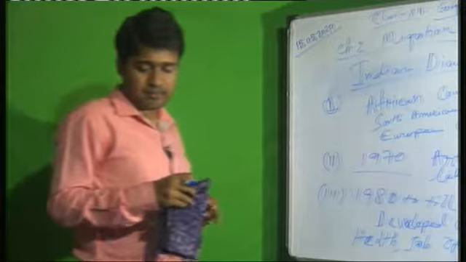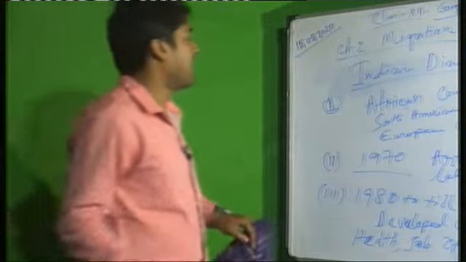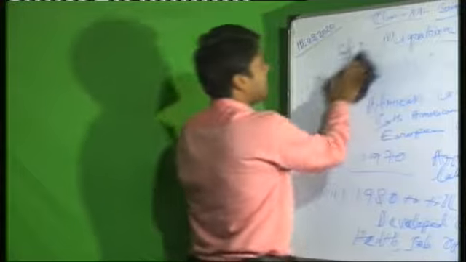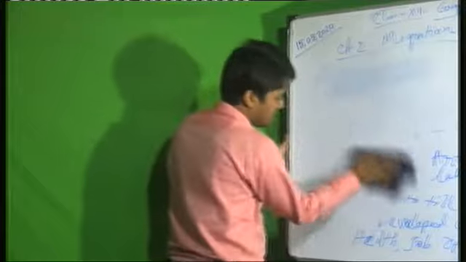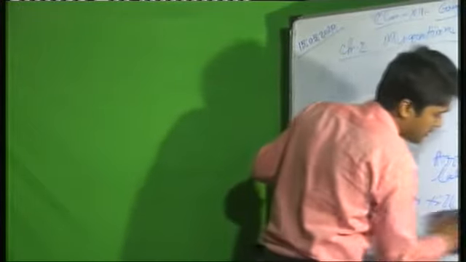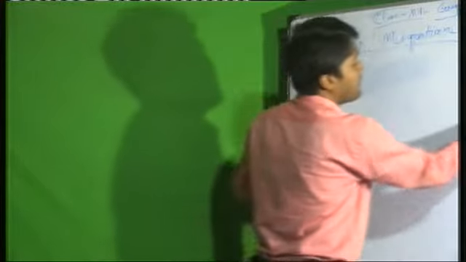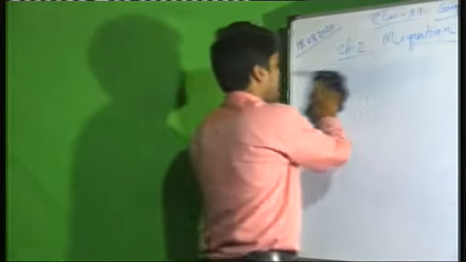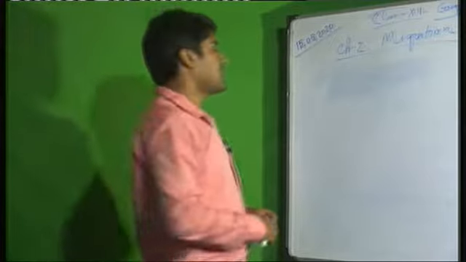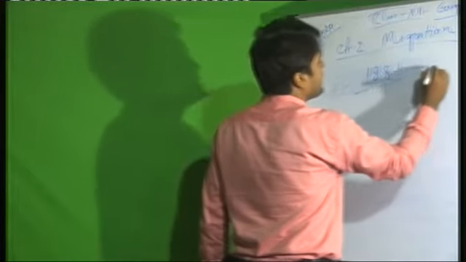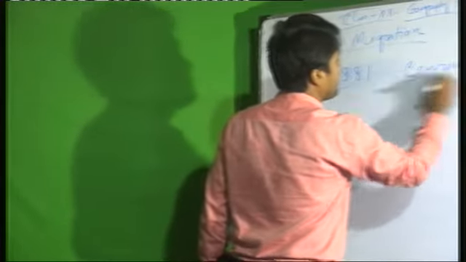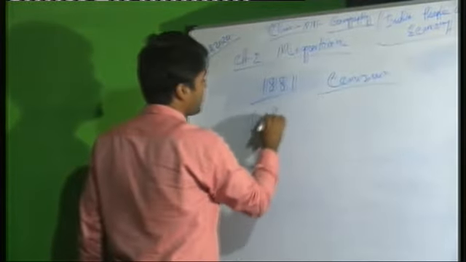Now another topic: migration is nowadays an important part of the Indian census. What is the census I have also told you: it is the counting of population in a particular period of time. In India, the census is held every 10 years, and it started permanently from 1881. So there are two bases of migration in the census. One is place of origin,